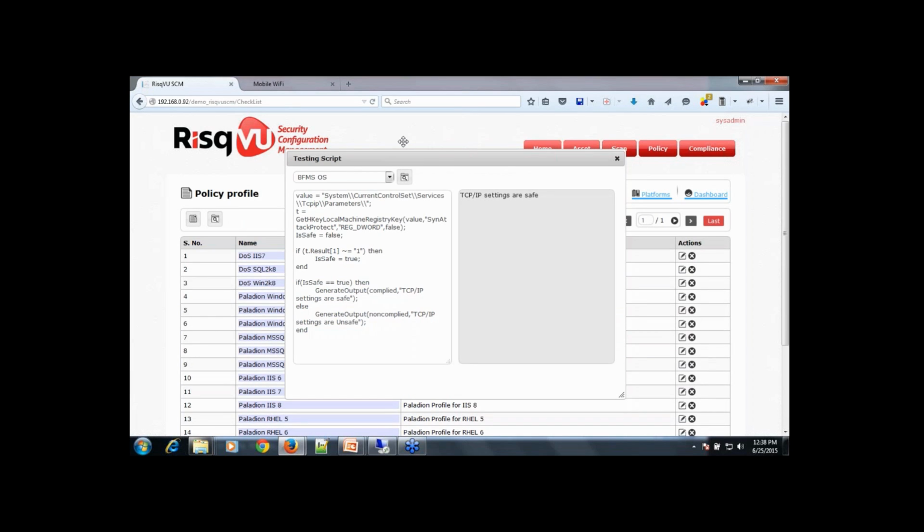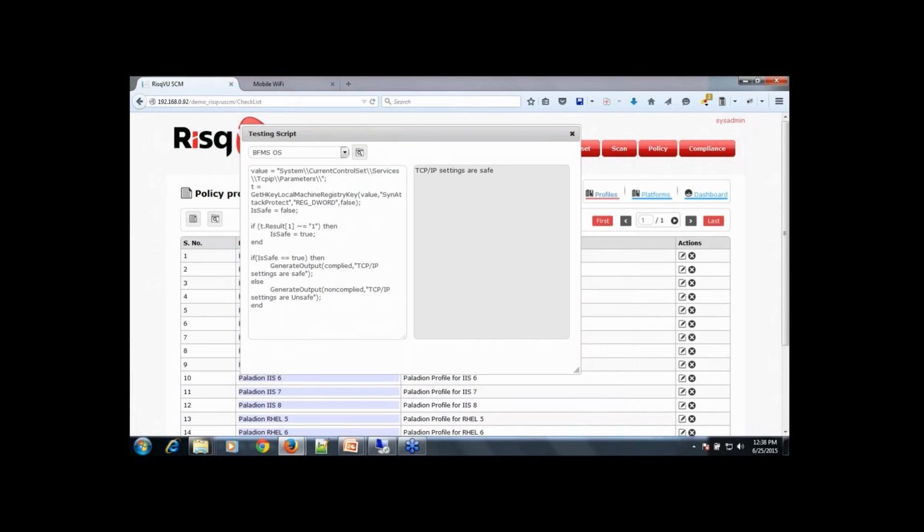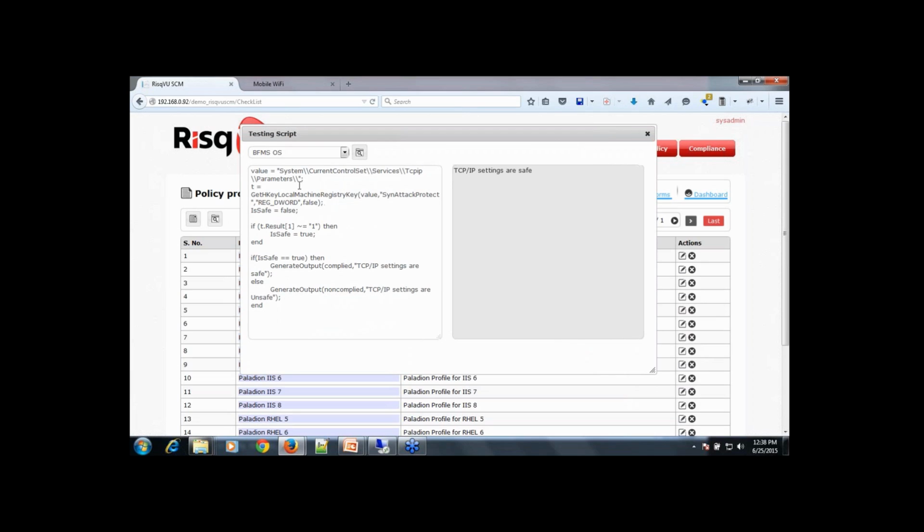What you can see on screen is basically the various values, and the same script which I have shown in the PowerPoint presentation.